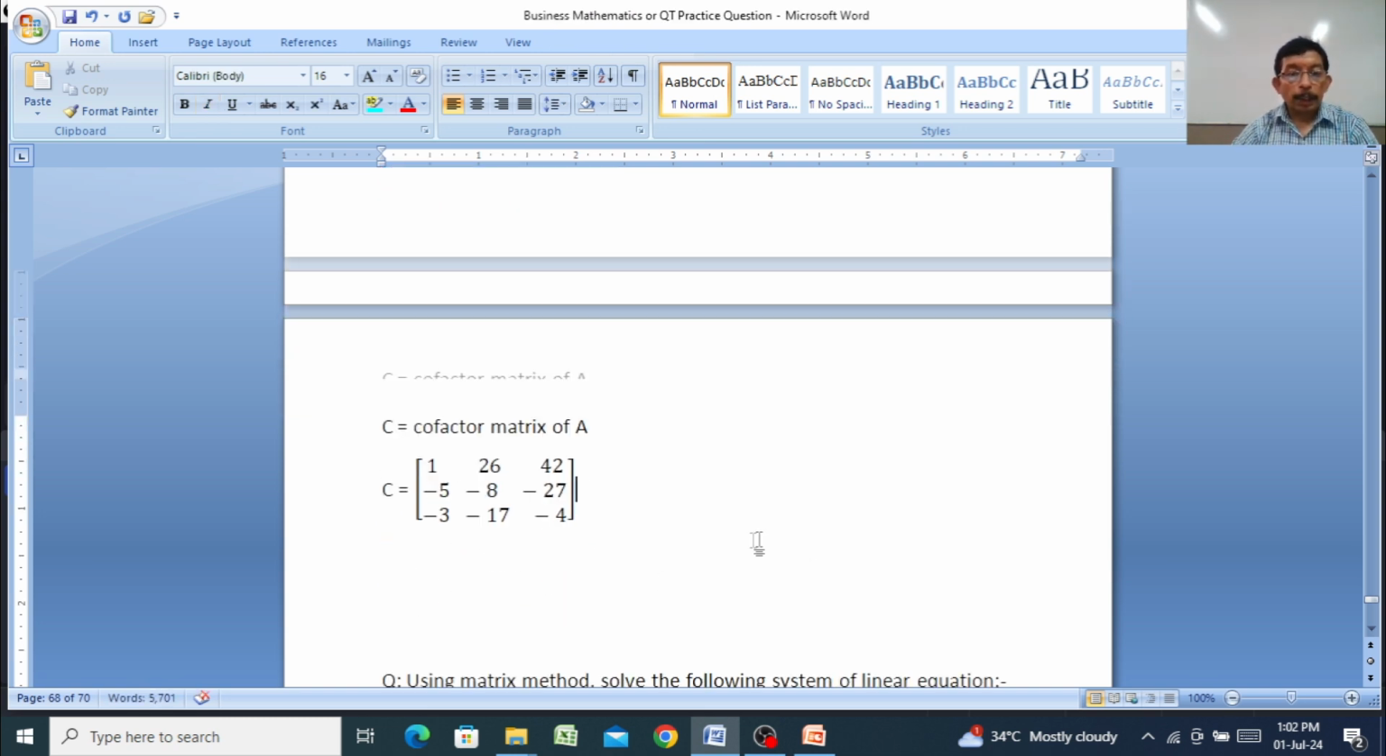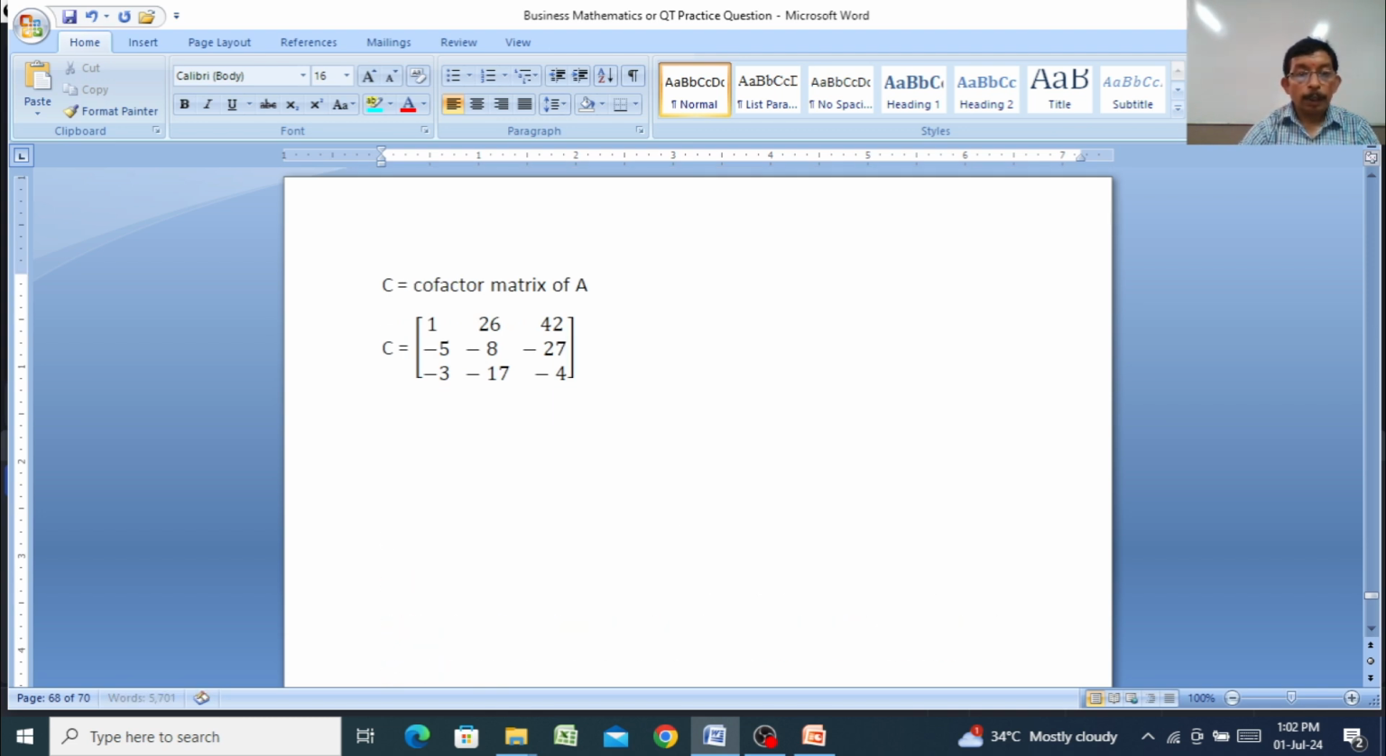This is the cofactor matrix of A. Now adjoint of A is equal to the transpose of the cofactor matrix. Transpose of the cofactor matrix A is equal to